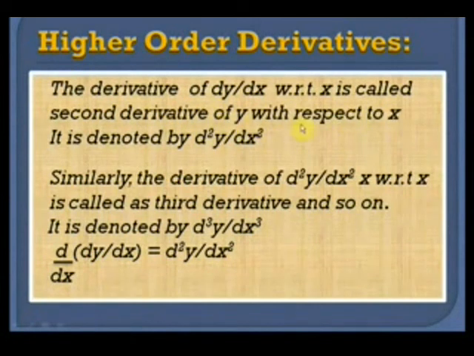That is, we are differentiating the function y equal to f(x) two times, and it is denoted by d square y by dx square. Similarly, the derivative of d square y by dx square